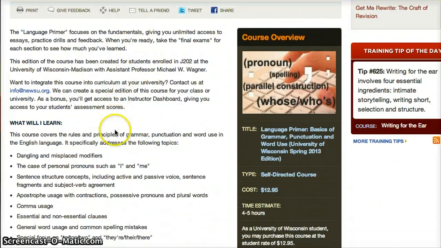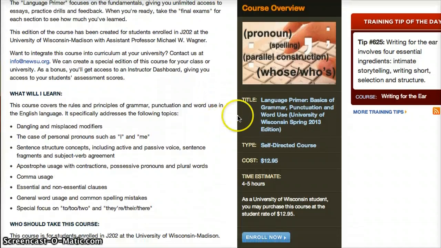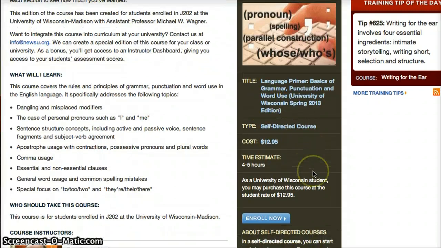This front page shows you what you're going to learn and gives you a summary of the course. Over here in the gray box, you'll see the name of the course again, and then the cost is $12.95. And most schools have students pay the $12.95 themselves, just like a textbook. So if you know you're in the right place, you're ready to buy the course, you're going to click Enroll